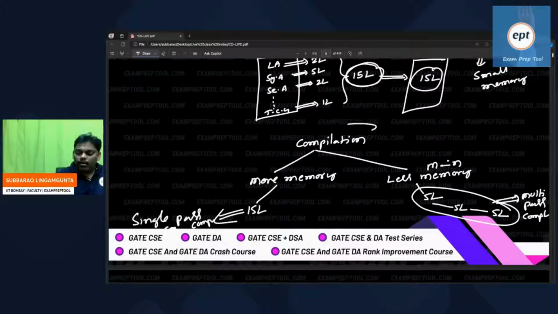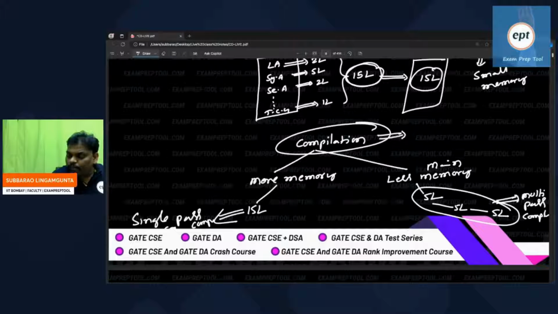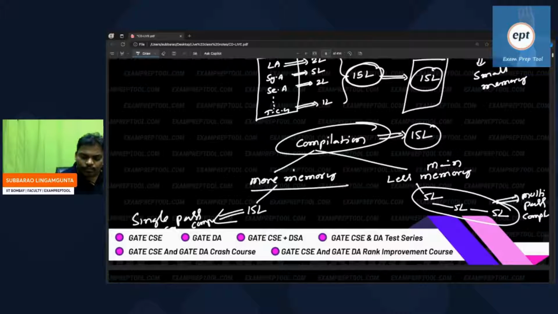See this one. I want to compile a program. When you say compile a program, 15 lakh lines of code you have to run. Compiler is a software. When you say run, this much code should go to main memory. I have to check whether main memory can accommodate it or not. Suppose I have more main memory, then 15 lakh lines of code will go to main memory at a time.